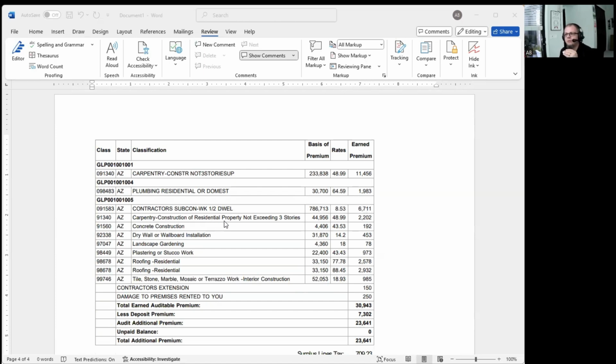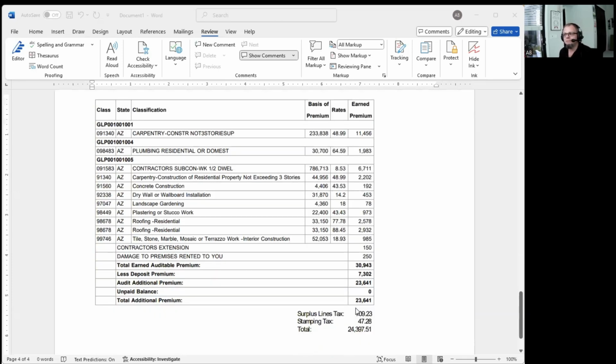And you can go through carpentry, concrete, drywall, landscaping, plastering and stucco, roofing. Look at that exposure right there. $88.45 for residential. And then there's a separate one here. I'm not sure what the difference between those two class codes is because they're the same, so I don't know why there's different rates. But you're almost at $6,000 for just your roofing. You've got your tile, your stone. So all these subcontractors come and work on the job site. They don't know they're supposed to be collecting certificates of insurance. And then they end up with this bill,